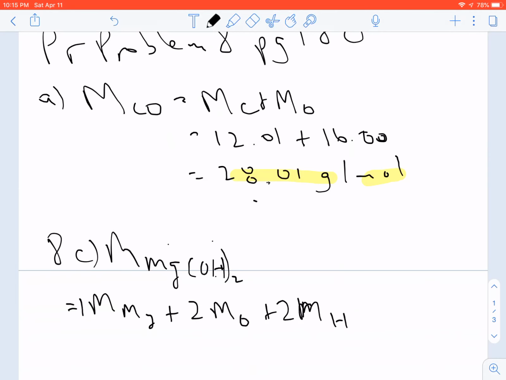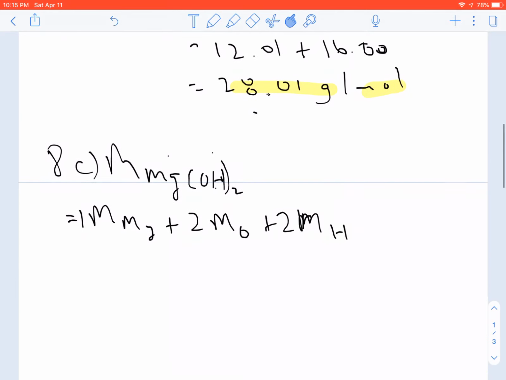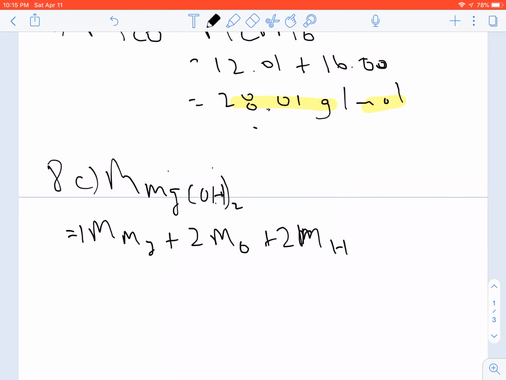So if I go back to my periodic table now, I can look up the molar mass for magnesium. It is 24.31 plus twice the molar mass of oxygen, 16.00, plus twice the molar mass of hydrogen, 1.01. And I end up with, I better do the math here, 58.33